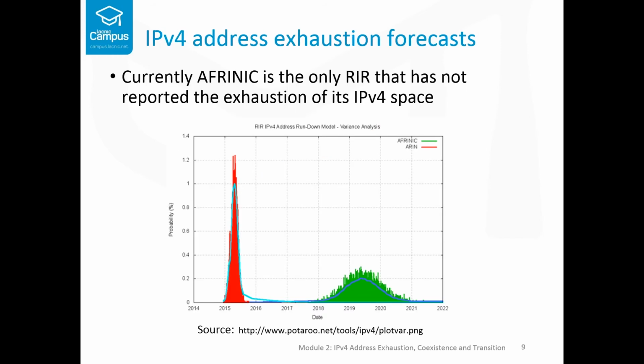IPv4 address exhaustion forecasts. IPv4 address exhaustion projections have been around for some time. The Putaru website provides some interesting information. It shows the projected exhaustion date for AFRINIC's address pool, the last remaining RIR operating under pre-exhaustion policies. The big question that is still to be answered is when ISPs will run out of IP addresses and what solutions they are planning to implement. Each case will be different, and only time will tell how this issue will be finally resolved.